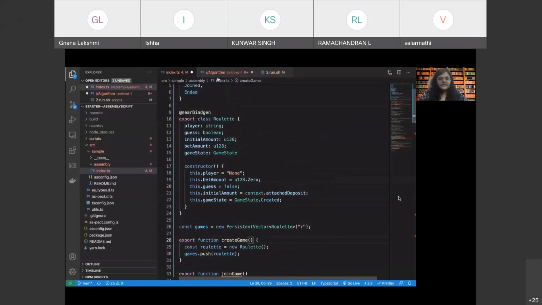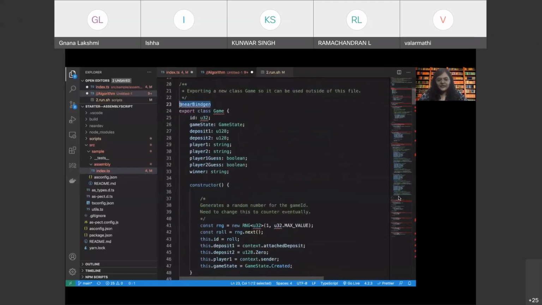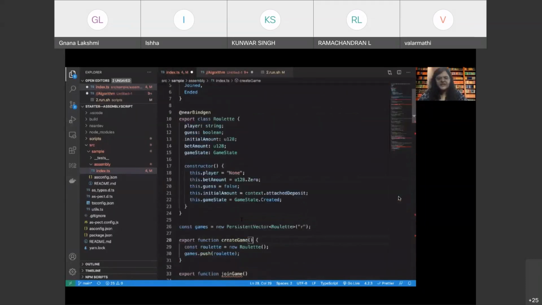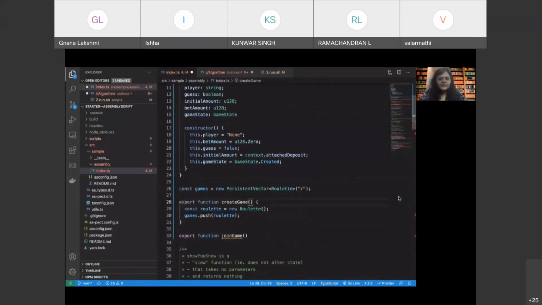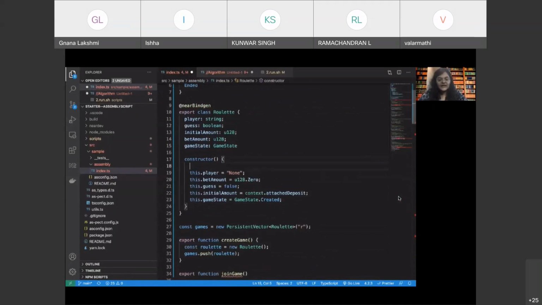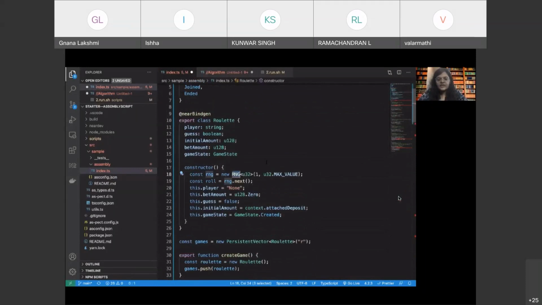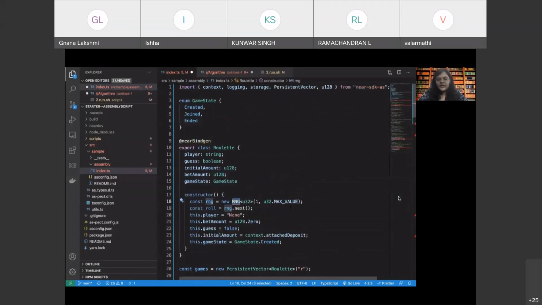Oh, there can be another interesting thing that we can do. That is, we can create a game ID for every game. So I'm just going to pick this random number generator, which we are going to be using again. So we can create a unique ID for the game. You can see that the random number generator will generate anything between 1 and the max value of U32, right?